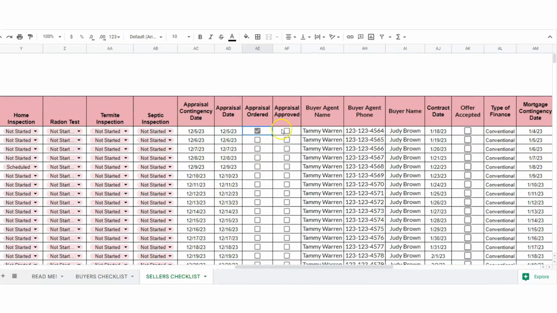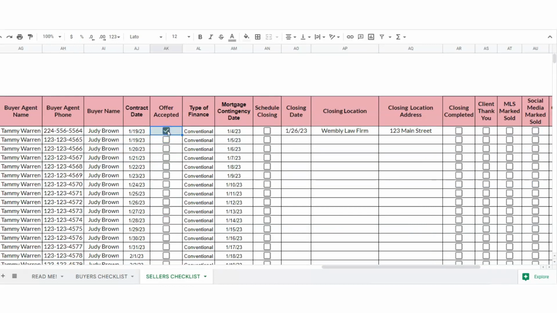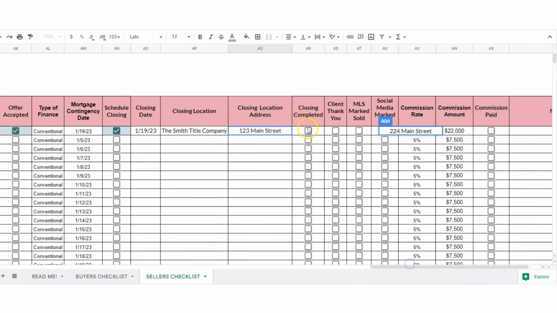Appraisal ordered, appraisal approved, buyer agent's name, buyer agent phone, the buyer's name, the contract date, whether or not the offer was accepted, the type of financing, mortgage contingency date, scheduling closing, closing date, closing location, closing location address, whether or not closing was actually completed,